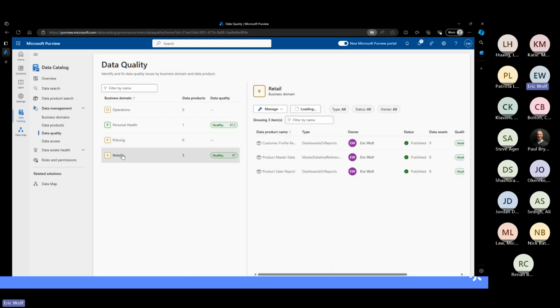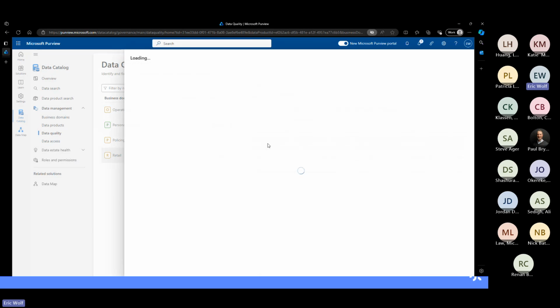As I mentioned, we have the ability to set up some data quality rules. I have the ability to manage. I can set up some new connections, or I can set up some scans. So if, for example, there's a significant new data set coming in, maybe we've added a lot of new data into an existing system, and I want to understand what the data quality and profiling is looking like, then what I can do is run a scan to test that out. So if I go to my customer profile report again,